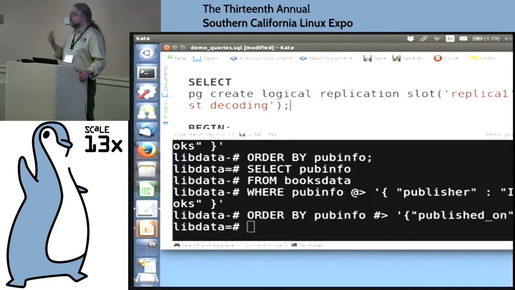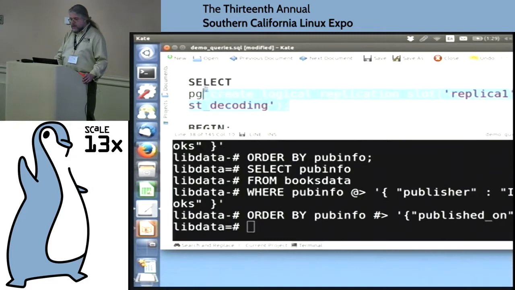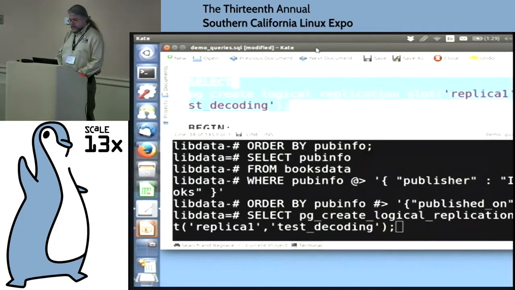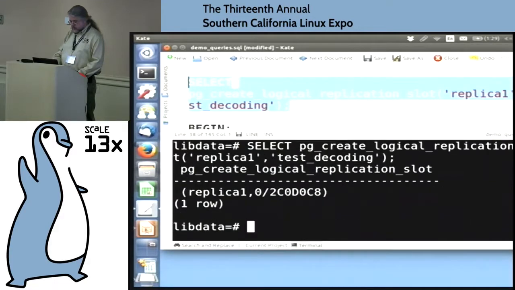The reason why you need a plugin is, depending on how the replication information is going to be interpreted, you need to have different C code to convert that into whatever statements you're running. In this case, we're just using the test decoding debugging one, but if you're using something like BDR, you would have the BDR plugin, and that's going to be a shared object library that you install on your system through a package. So we've created the slot, which is at a particular log position.